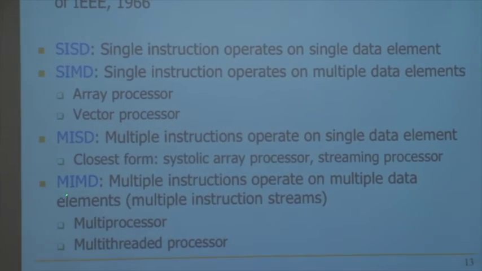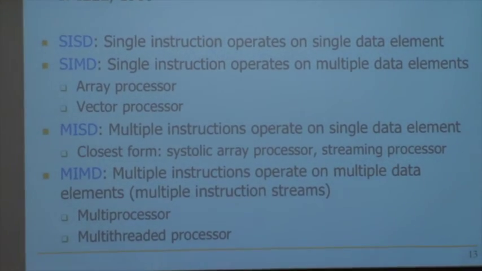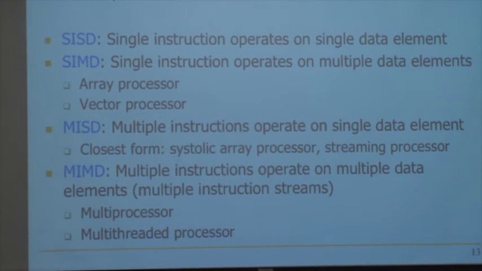And there's also a MISD machine, which I will get to after this, perhaps. Let's take a look at MIMD, though. You have multiple instructions operating on multiple data elements in parallel. Basically, multiple instruction streams, if you will. So this is the most classical definition of a multiprocessor. When people talk about multiprocessors, they're really MIMD engines.